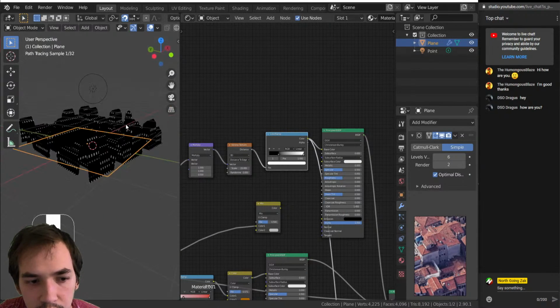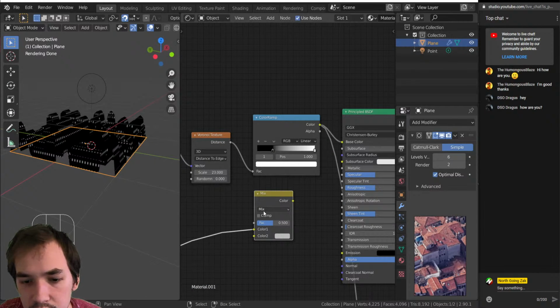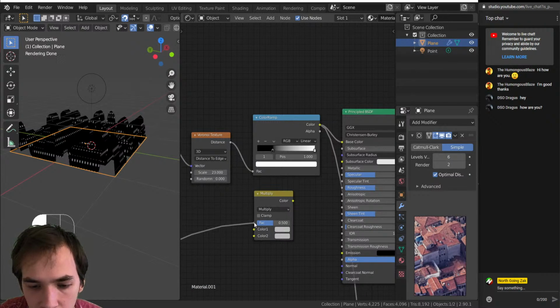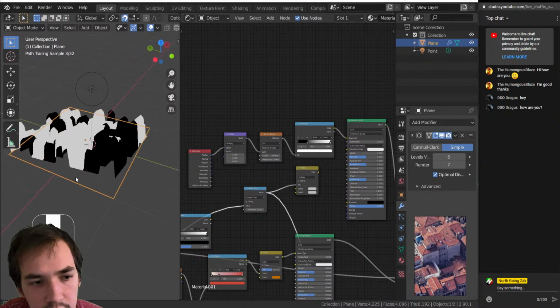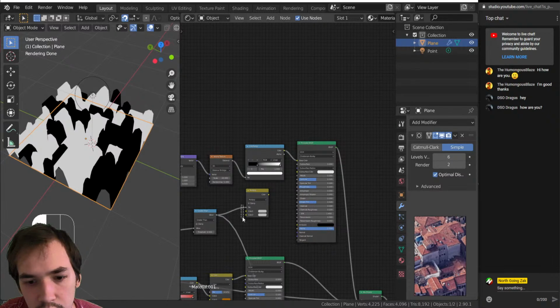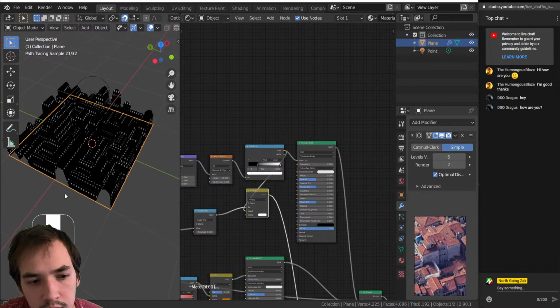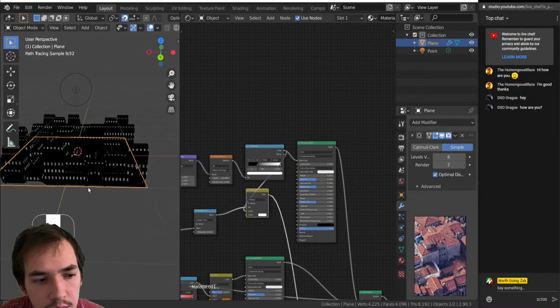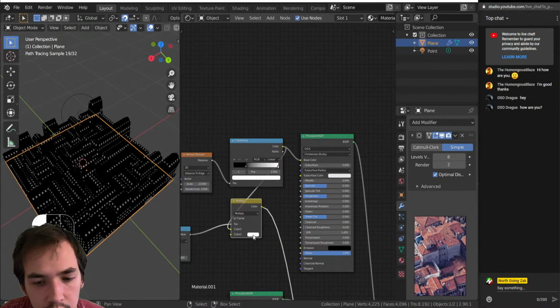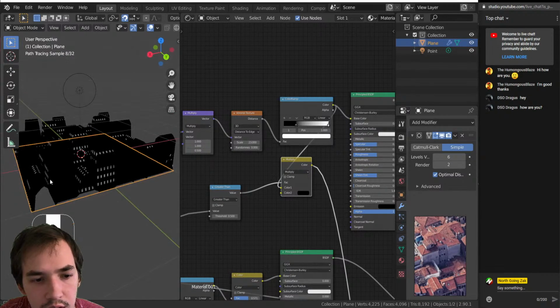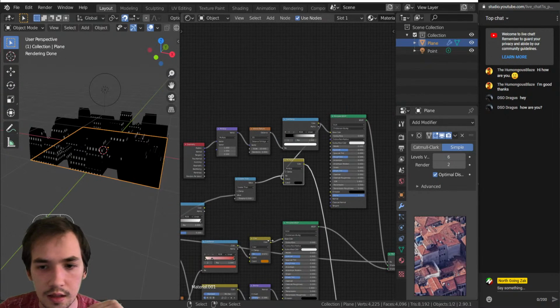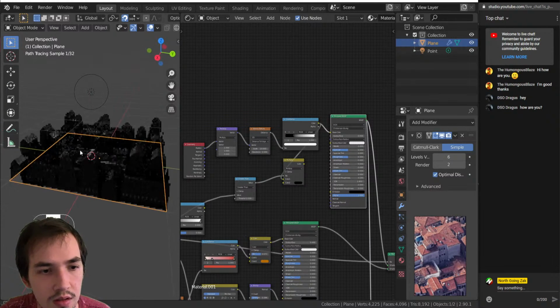So yeah, we have these windows. We can randomize where they are with this. Just like I did before, I'm using a greater than to randomize this. And yeah, just put this in there. So now it should be showing on some of the houses, but not all of them. And white multiplies, you don't get a result, so if I turn that to black, now we have a result here. And yeah, so if I just bring that up,